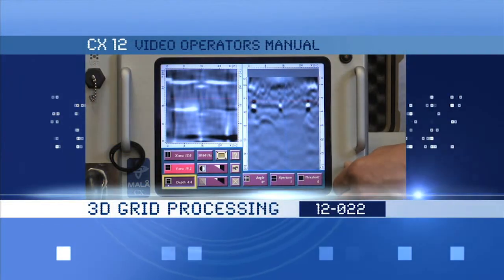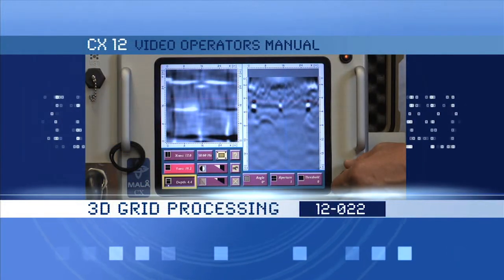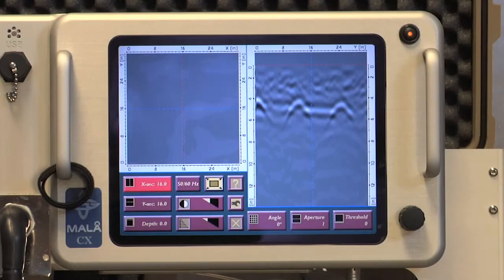3D grid processing. The system will default to a split screen depicting both the cross-section 2D view on the right side and the 3D image on the left side. The CX system's 3D imaging capability relies on the principle of migration described heretofore in the 2D function overview for